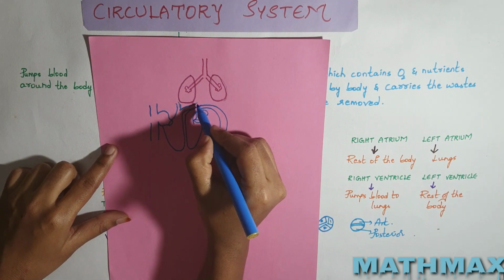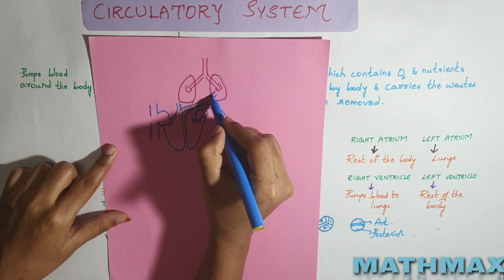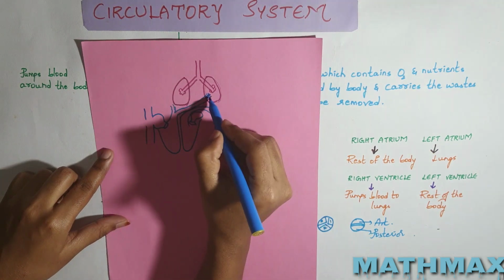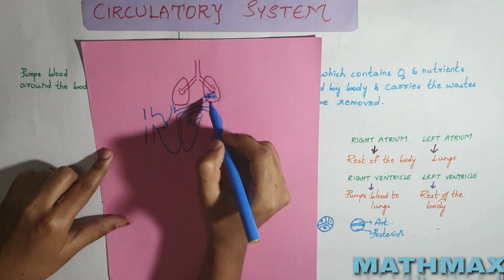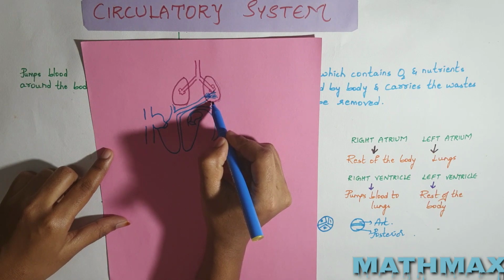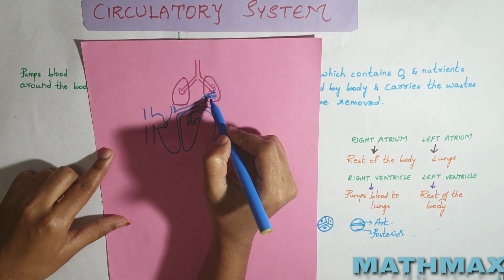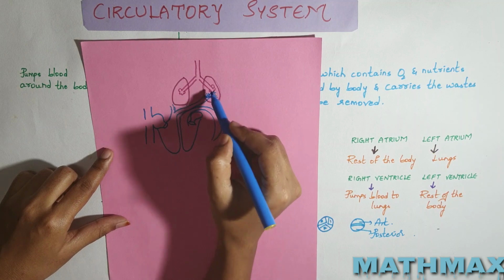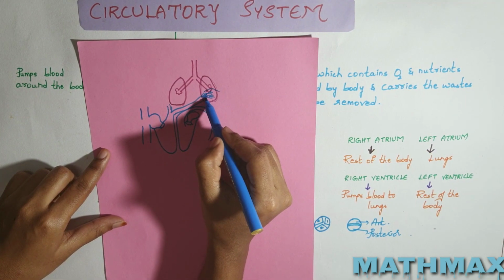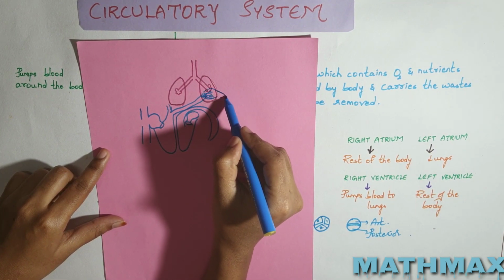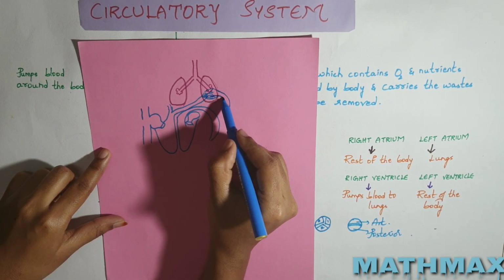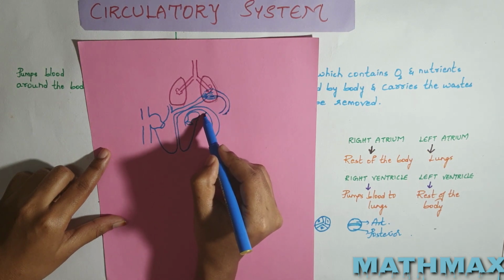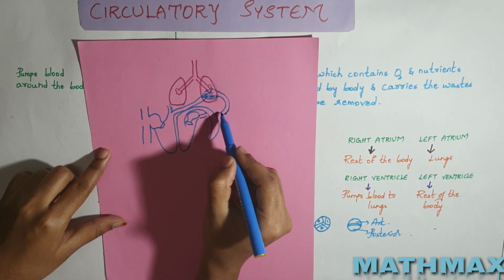Pulmonary artery is the smallest artery, which enters into the lungs, where it subdivides into arterioles, which further divides into capillaries, where the carbon dioxide is lost into the lungs and oxygen is picked up by the blood, forms a network. Then the oxygenated blood enters into the left atrium.